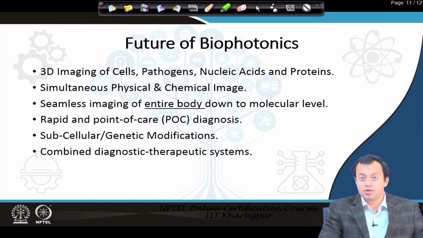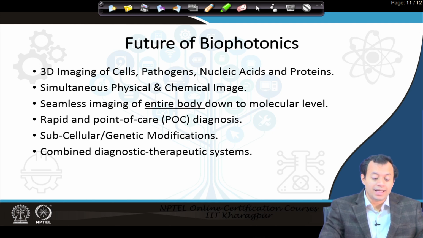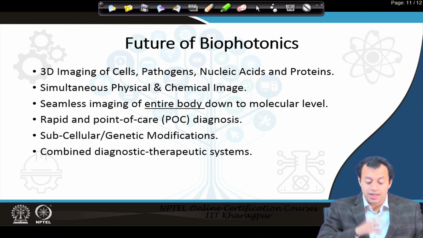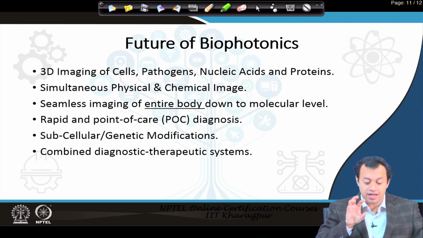Rapid and point of care diagnostics, I discussed this quite a lot. We want to see what kind of genetic modifications we can get using photonic technologies, and this is a very, very murky and very controversial area. This is a potential minefield. Whether you want to change genetically something inside a particular human being or even an organism, that is quite controversial. We will be slightly touching upon this subject at the very end of this course, where I will discuss